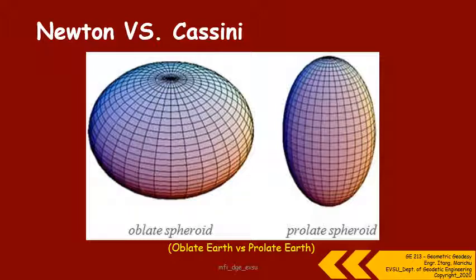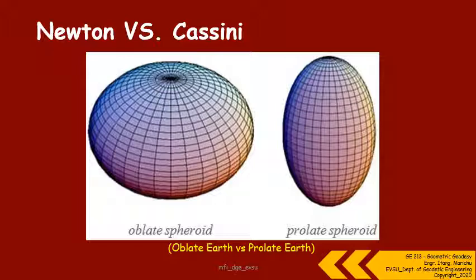So Newton raised the discussion on the figure of the Earth by the physical model of the ellipsoid, by the use of the flattening of the Earth and its rotation at the poles. But how about Cassini? He proposed that the shape of the Earth is a prolate spheroid, somewhat flattened at the equator,